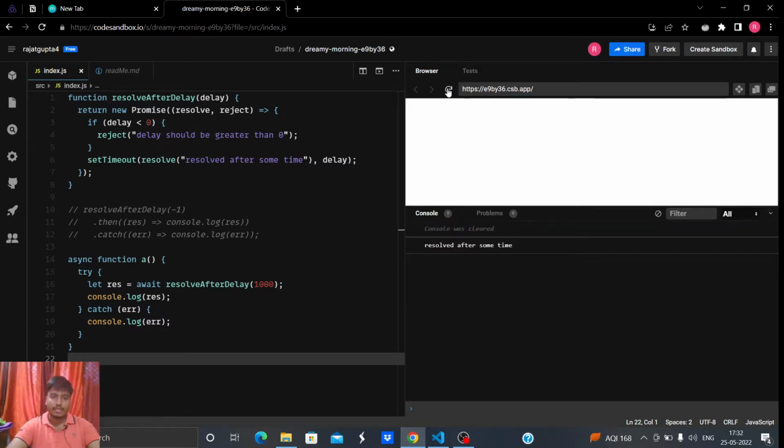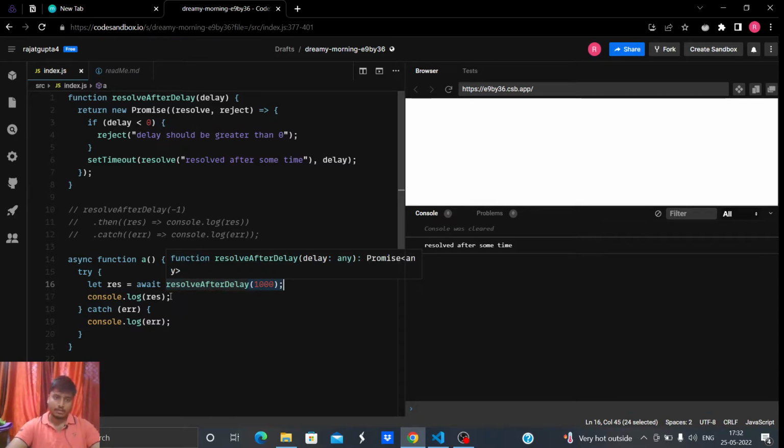So now we are catching the error and we are getting resolved after some time. There is no error in this code, we are able to catch the reject, the error, from here. So what happens is simply we first try to see if this promise gets settled. If it gets resolved, then this catch block will never get executed. If it's not, then whatever is being passed as the rejection reason will be passed on to the catch block,